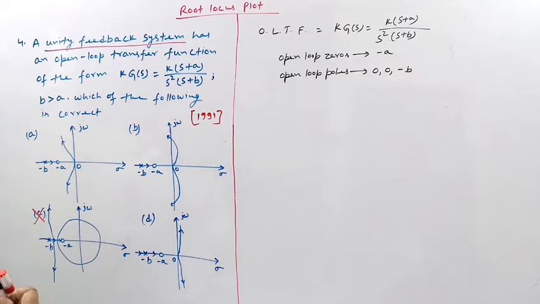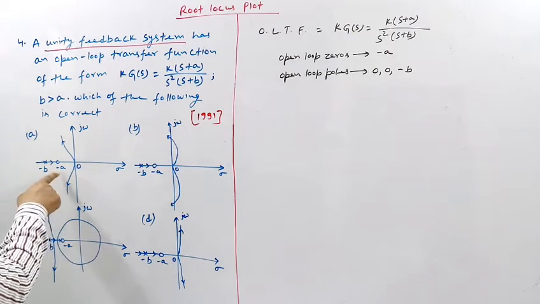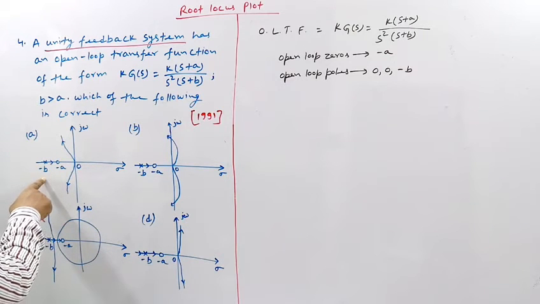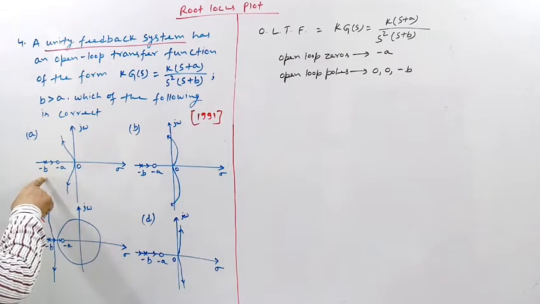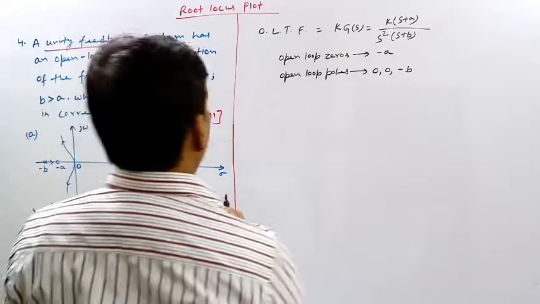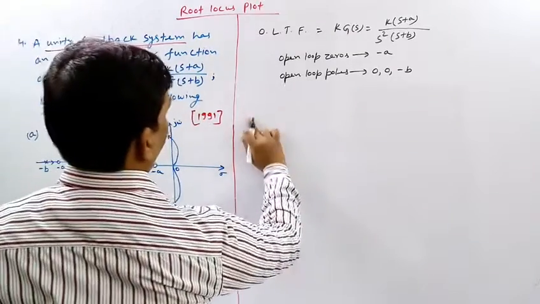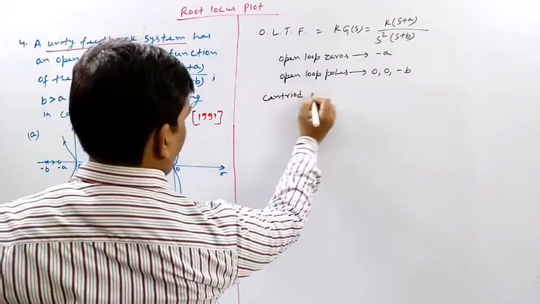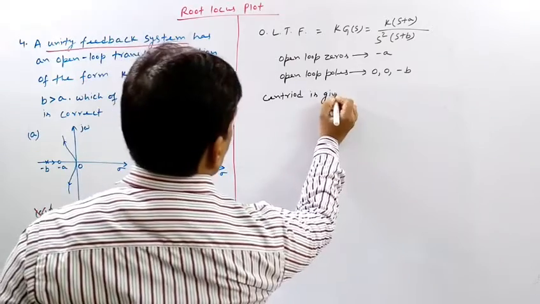So what will be the asymptote? Since it is given that the open loop pole minus b is to the left of minus a, now let us try to find out the centroid. Centroid is given by